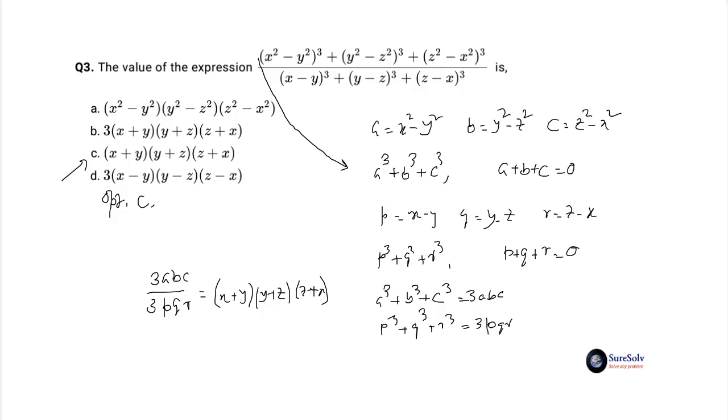Okay, let's show you quickly how it works. You have a plus b plus c equal to 0, or a plus b whole cube equal to minus c cube, or a cube plus b cube plus c cube equal to minus 3b multiplied by a plus b equal to 3abc, as a plus b equal to minus c. If sum of three variables is 0, then the sum of cubes will be 3 times their product. Let's solve the next problem.